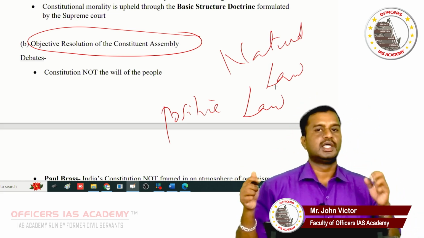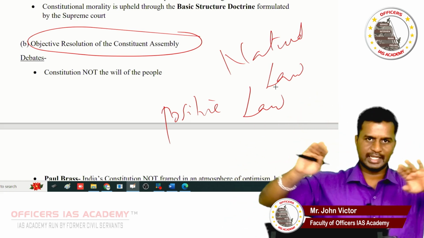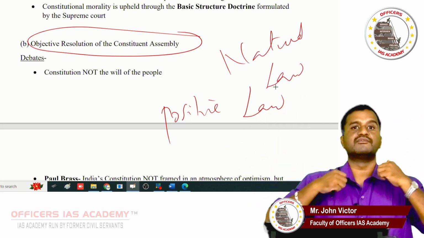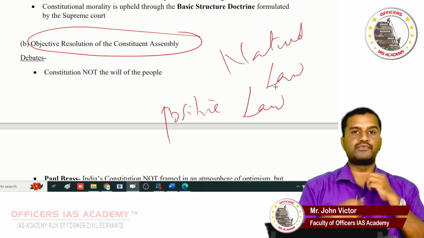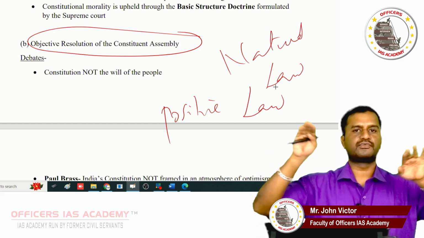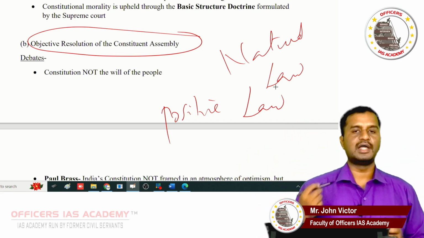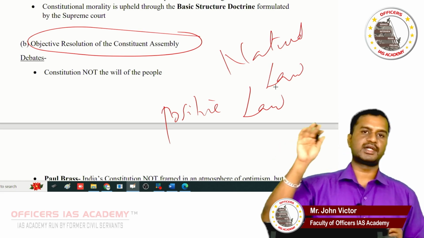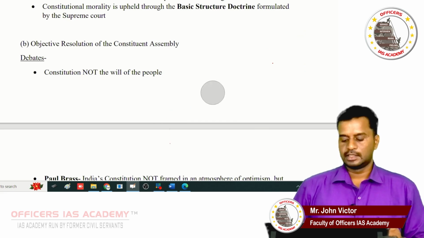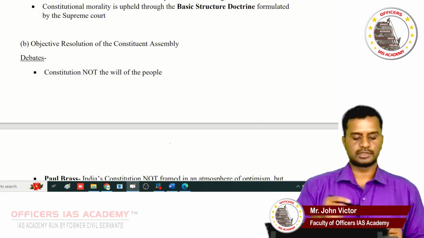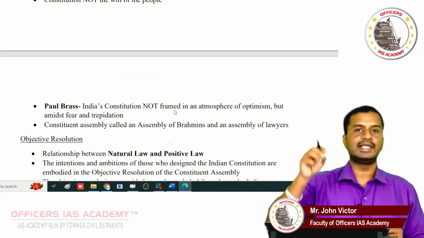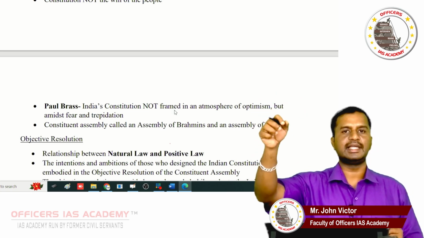The Indian Constitution is positive law. We Indians formulated the Constitution legally according to the preamble. But the positive law Constitution itself is based on our values. Got it? So natural law reflects in positive law. You can find this in the Constitution. So the Constitution reflects the natural law. The ideals, values, norms, and aspirations of the people are reflected in the positive law Constitution. A blueprint was put forward by Jawaharlal Nehru called the objective resolution. So the objective resolution is nothing but a blueprint which is talking about the important values that have to be brought into the Indian Constitution.